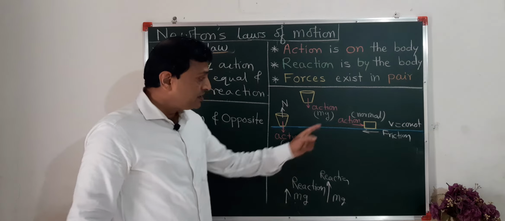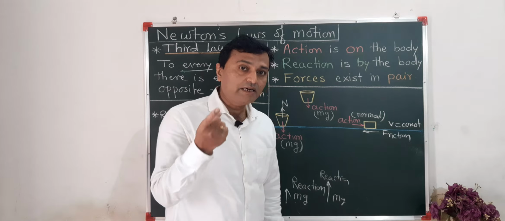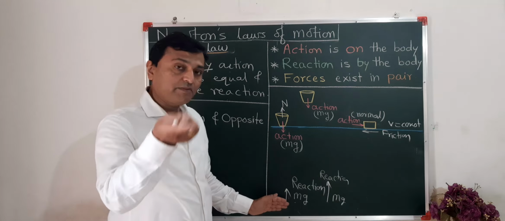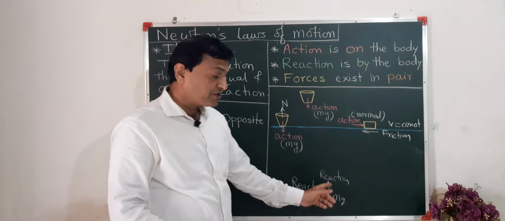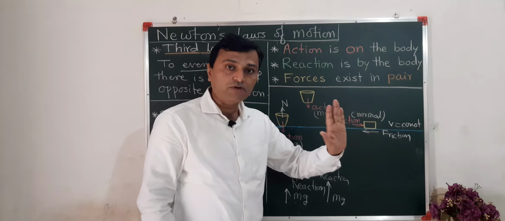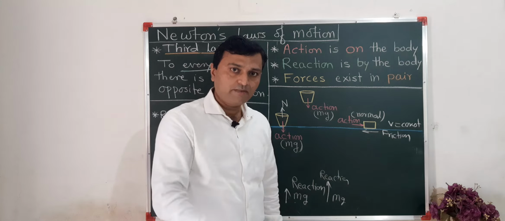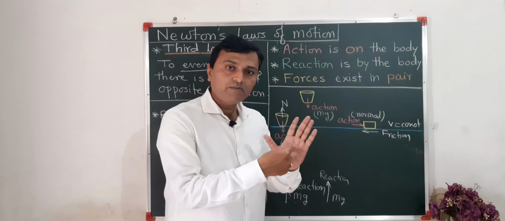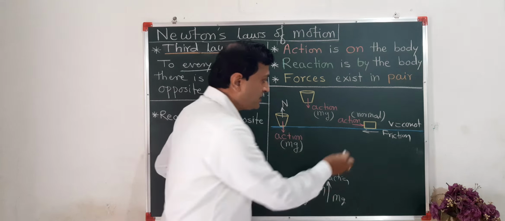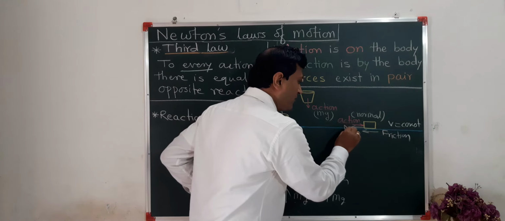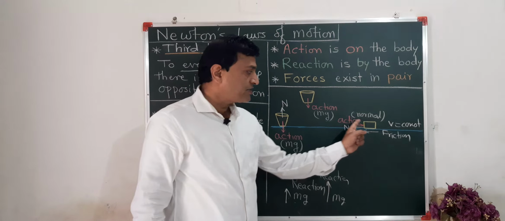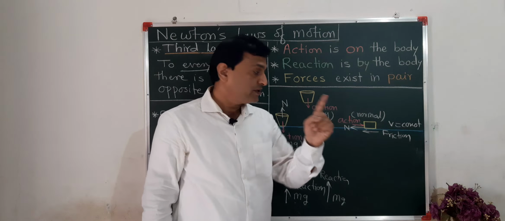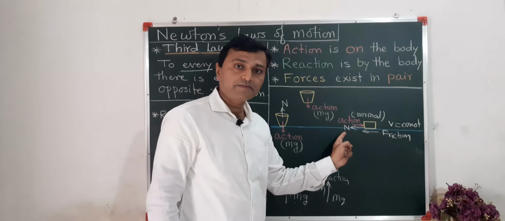Again, this is action. Where is reaction? In this case what we have studied, if action is gravitational force, reaction must be gravitational force. Action is normal force, reaction must be normal force. Who will create normal force? This surface will create normal force. Where? On my surface, my hand. This action force is normal force, and this reaction force is also normal force. This is action reaction pair.